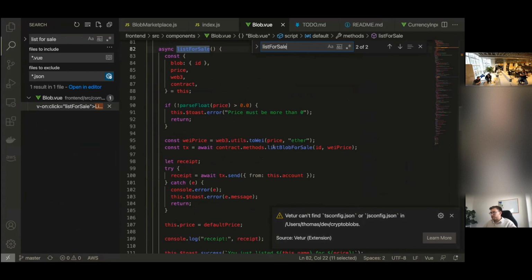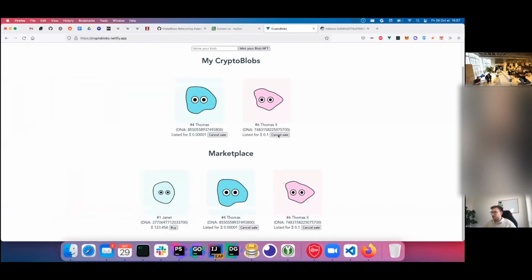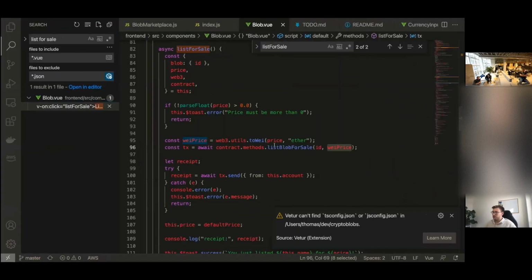So this thing does the same thing, right? There's a method on my contract called list blob for sale. We're going to call the method with two things: the ID of my blob and the price I was setting in the box over there. So if we look at that on the contract side,